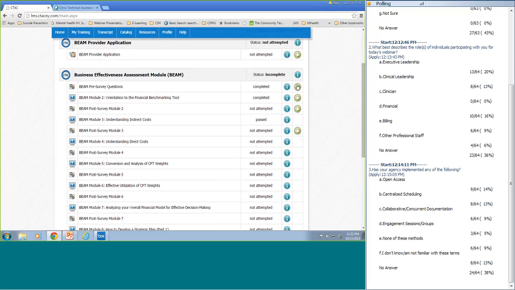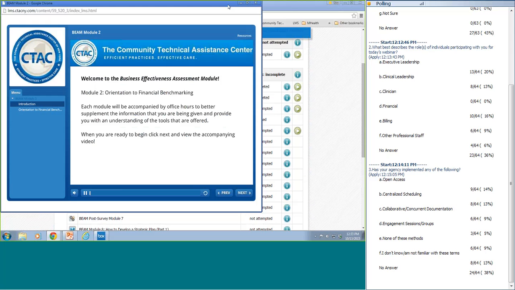So the first thing you would do is click on the green arrow to launch the lesson. The first one is a pre-survey, so we're asking a number of questions just about your experience with the tools that we're talking about in BEAM. And following that is the first module, which is Orientation to the Financial Benchmarking Tool. So just to give you an example of how that will look, once you click Launch this lesson, another screen will open up,